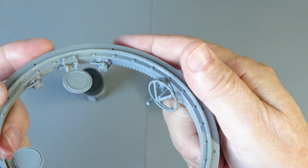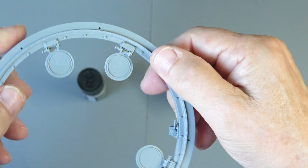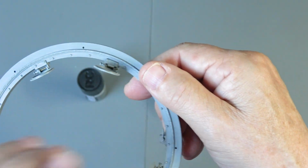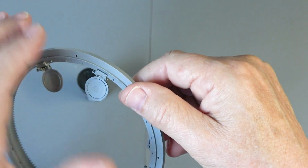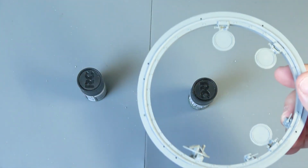That's better, and all the way around to there. And as I said before, I keep repeating my lovely seats. Anyway, there you go. So the seats all fold up, so you can have them in any position you like. So I'm going to put them down for now. Right, I'm going to put that away securely now, because now we're going to start going back to